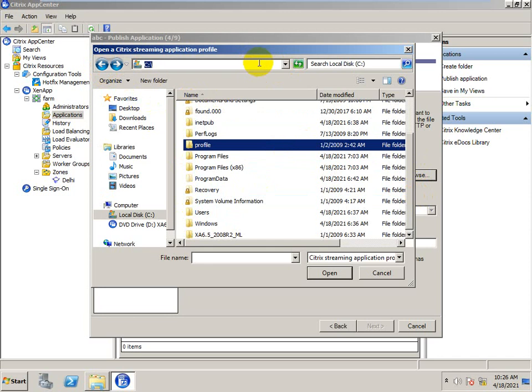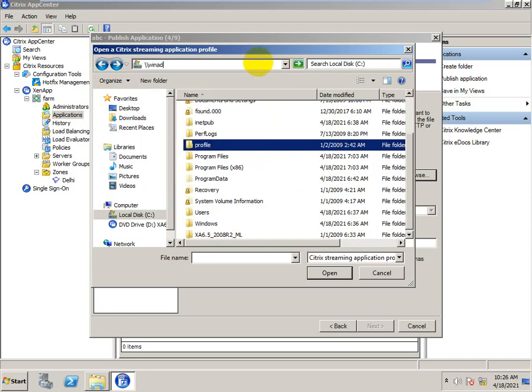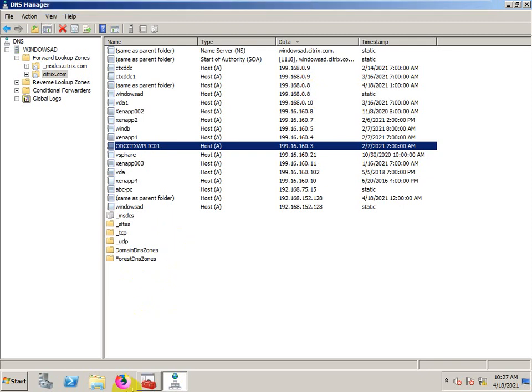I can also search for it from the Windows path. Let me search.